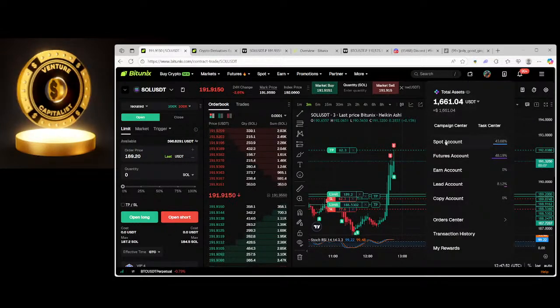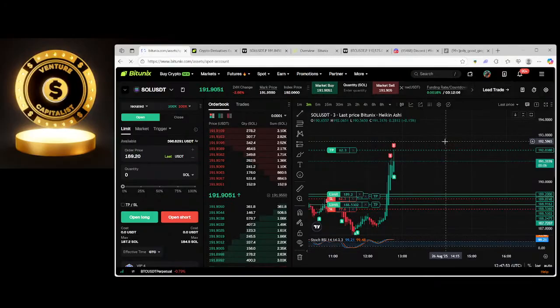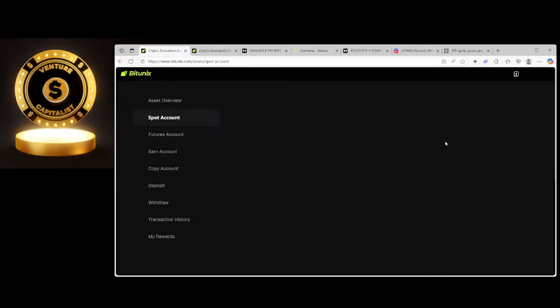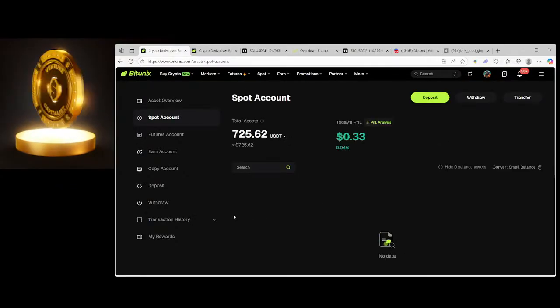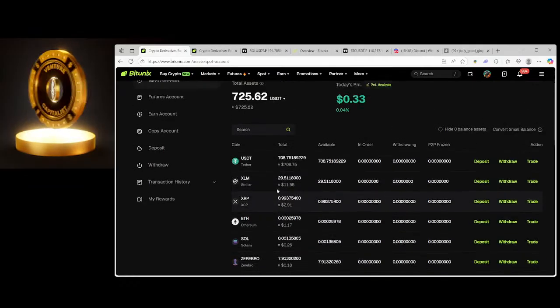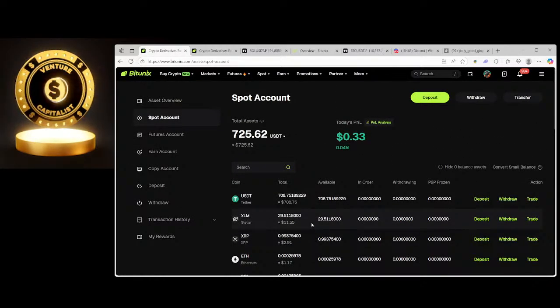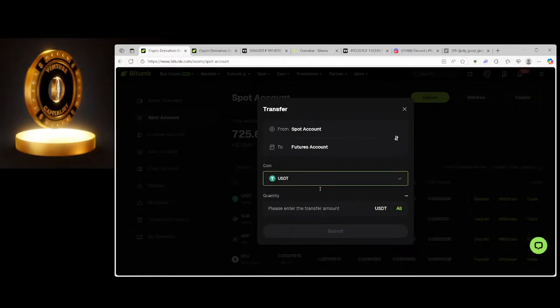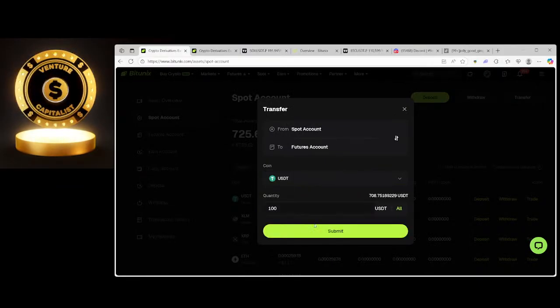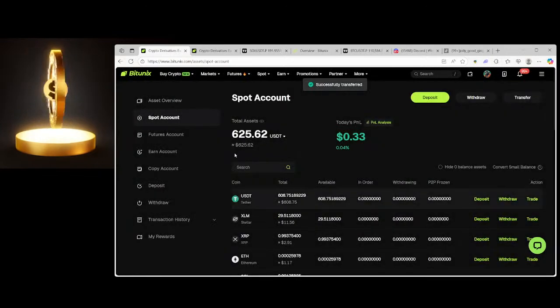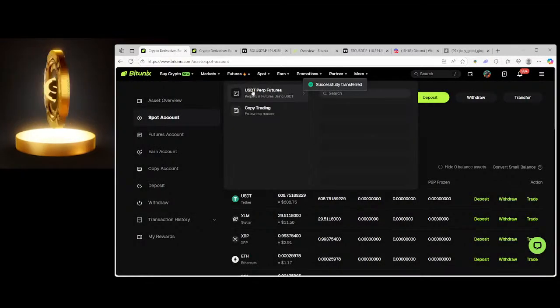So as always, you have your spot account. You need to transfer USDT, right? Meaning that whatever coin you have here, you need to trade to create USDT. Once you have USDT, you hit transfer on the top right, and you simply enter the amount that you would like to transfer. Now once you have that done, you go to the top, go to your futures,